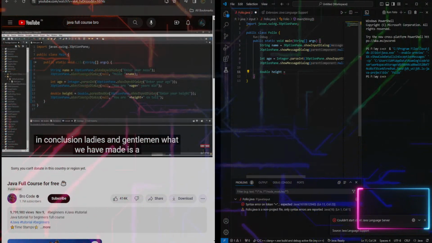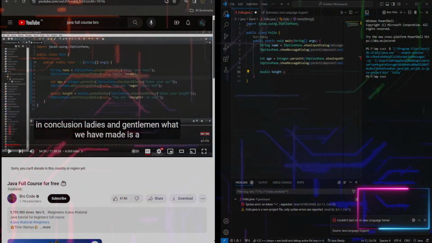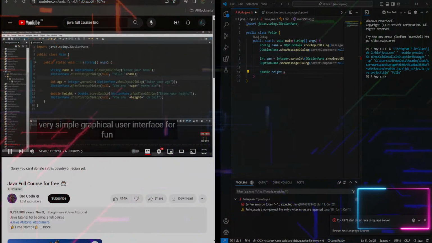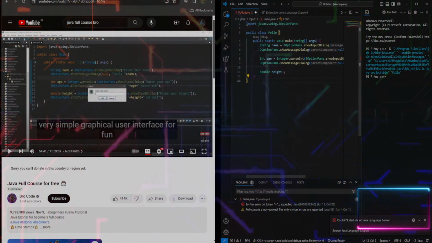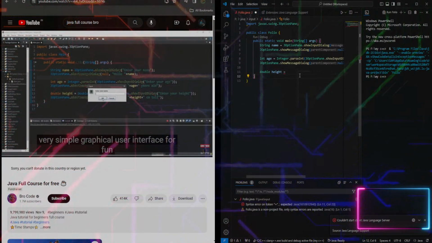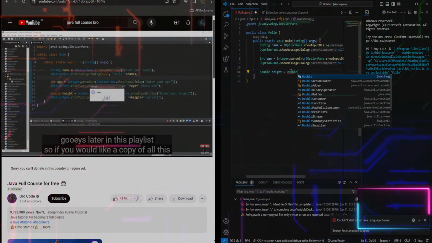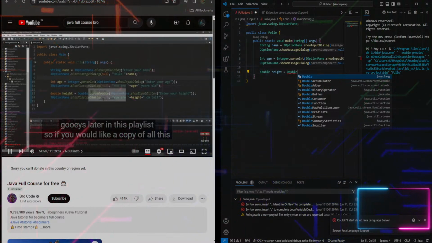In conclusion, ladies and gentlemen, what we have made is a very simple graphical user interface for fun. This is completely optional at this point, but we will be learning more about GUIs later in this playlist. So if you would like a copy of all this code, I will